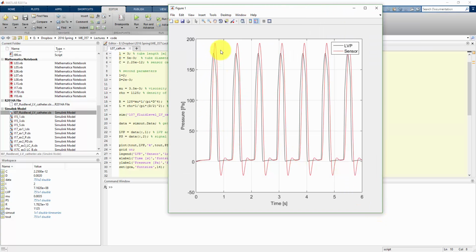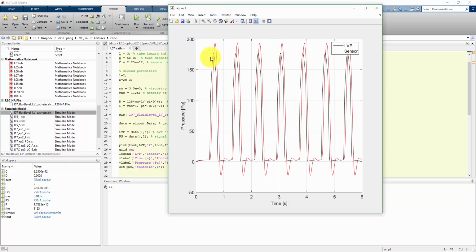Okay, so we see here that our results have changed. The red from the sensor is closer to our actual, which was about 180. It's below 200, which is what it was in the previous design, over 200. We have less ringing down here. It's a little bit truer. So this design already is a little bit better than what we just saw in the previous one, but still